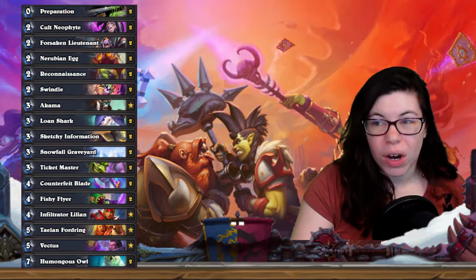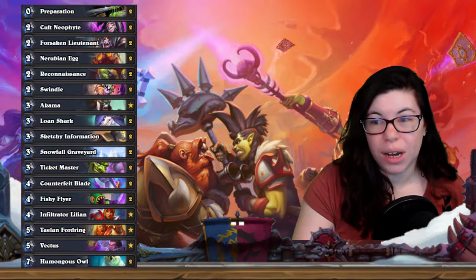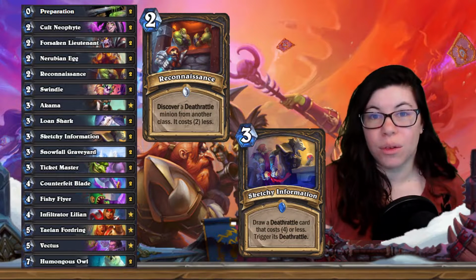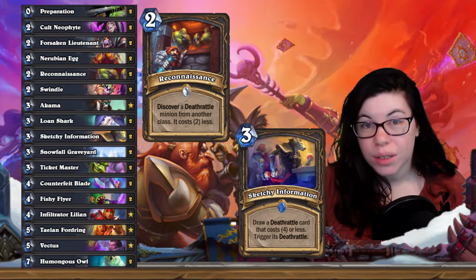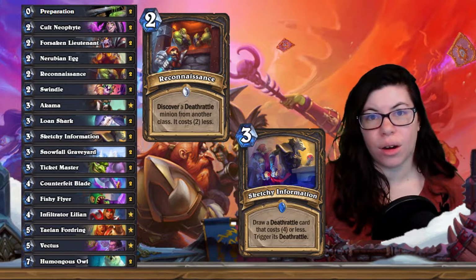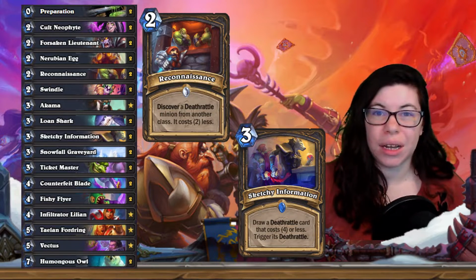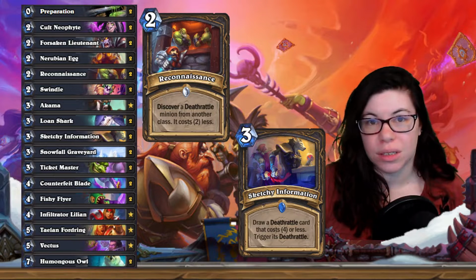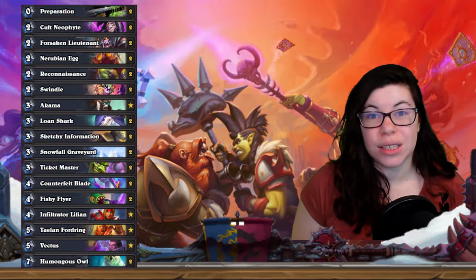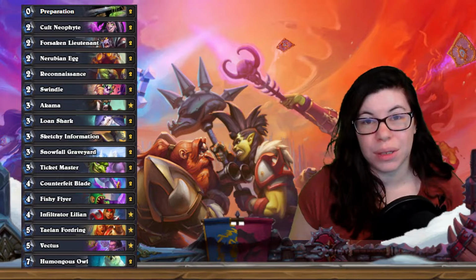So a couple of key cards in this Deathrattle Rogue. I definitely want to look at 2 cards here, Reconnaissance and Sketchy Information. Now, Reconnaissance, you're getting to discover something from another class, so it's going to give you some class Deathrattles. I think they're pretty decent. They're not bad options. This could be one that I could potentially take out of the deck if the discovers don't end up working quite how I'd like. But the costing less is pretty fantastic. So just being able to play this if your hand is really awkward or you just really need something,